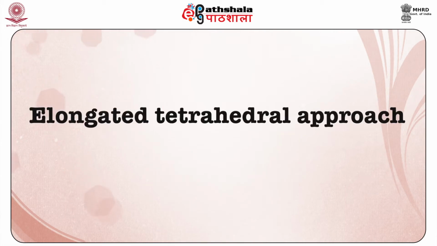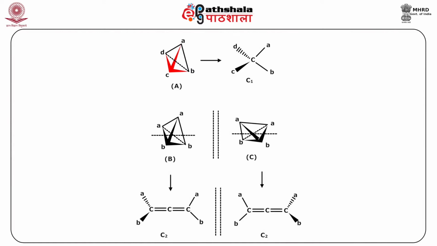The simple principles for the chirality axis and the chirality plane have recently been refined by Prelog and Helmchen in 1982 as the elongated or extended tetrahedral approach. So what is the elongated tetrahedral approach? A regular tetrahedron with 4 distinguishable vertices, that is structure A in this figure, presents a 3-dimensional chiral simplex. The central tetrahedron, which is usually occupied by the tetracoordinate atom, that is carbon in C ABCD format,